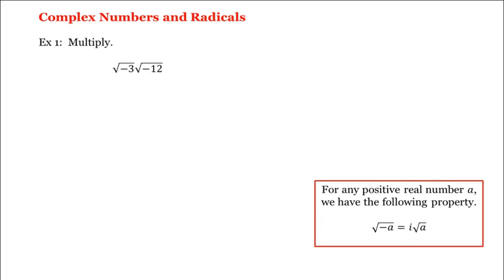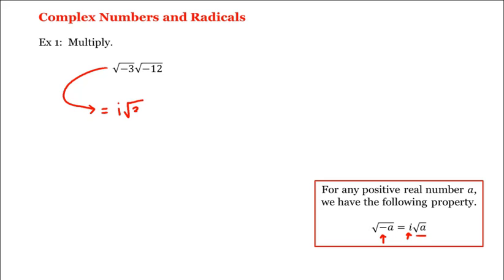Let's work with complex numbers and radicals. For example, let's multiply these two numbers. Now we're going to be using the following property here, that for any positive real number a, the square root of negative a is equal to i, the imaginary unit, times the square root of a. That is, this is equal to